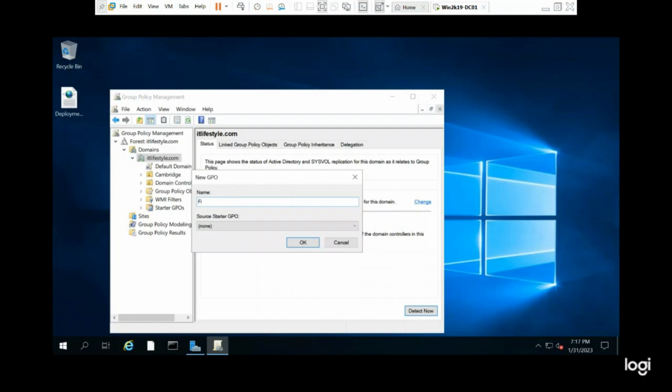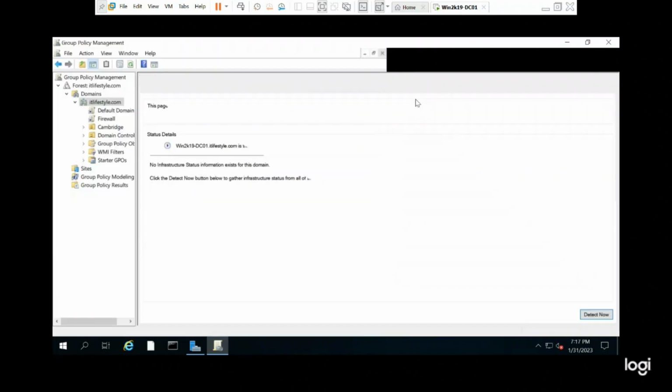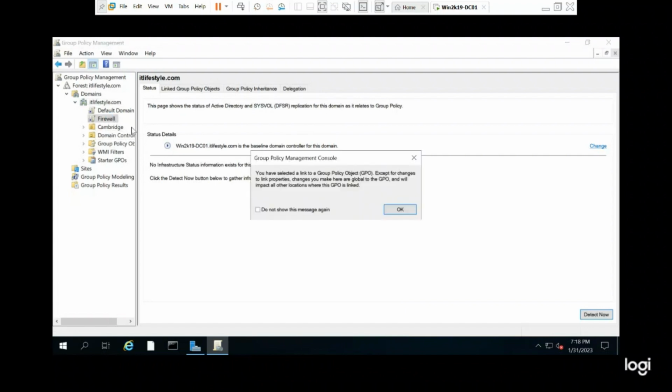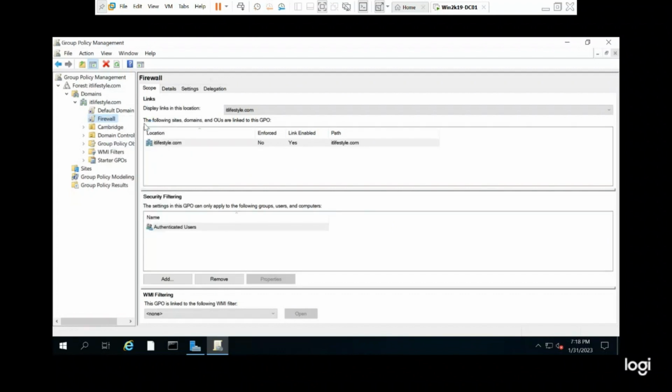Let's name it Firewall, and then click OK, and then over here you can see the GPO that's been created. You can click OK and then right click, edit,